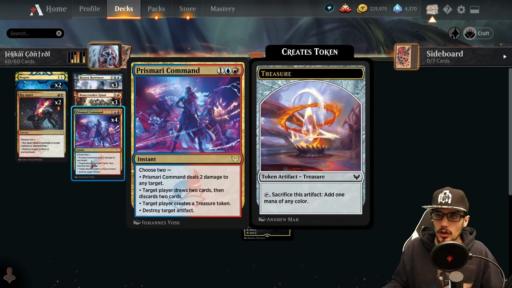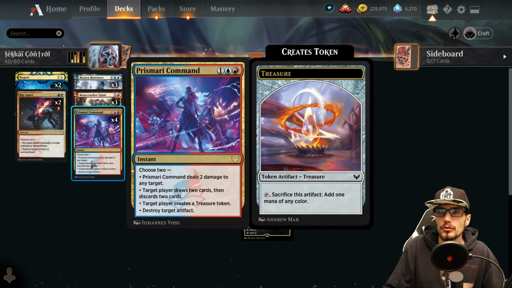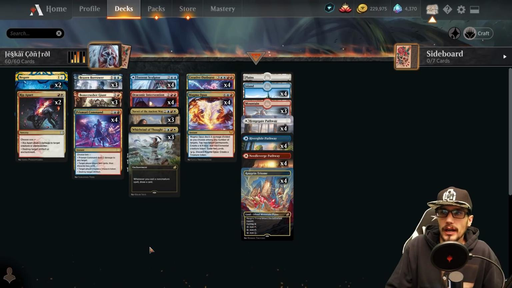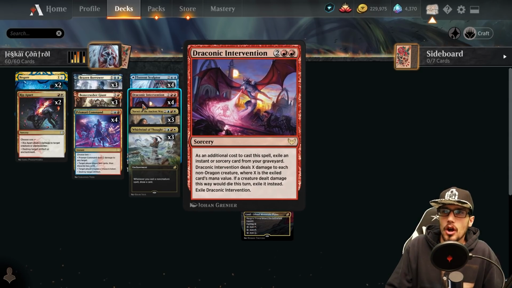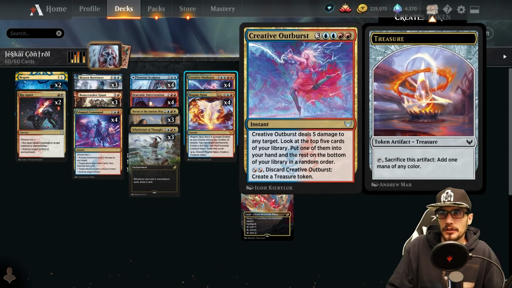Dealing 2 damage to any target, drawing 2 cards, then discarding 2 cards, creating a treasure token, or destroying target artifact, right? So we can do the draw, we can make the ramp and discard, right? And that discard really helps the Draconic Intervention, like aforementioned. It also helps the Torrent Sculpture potentially for you as well if you didn't have an Outburst or Opus to